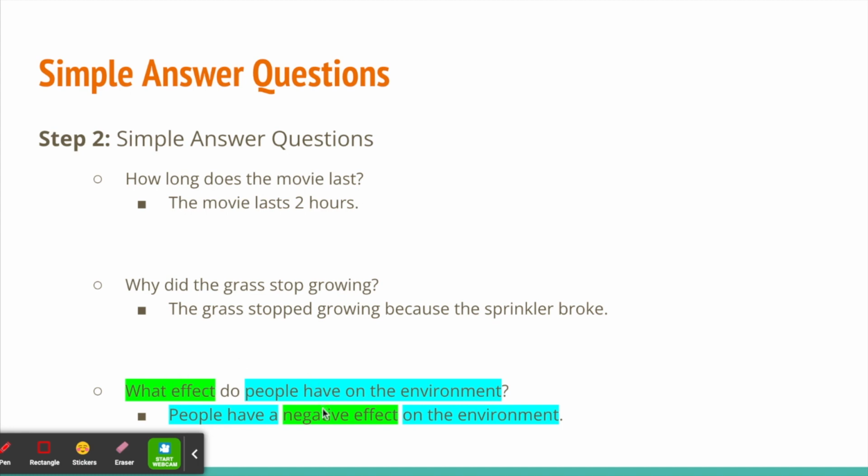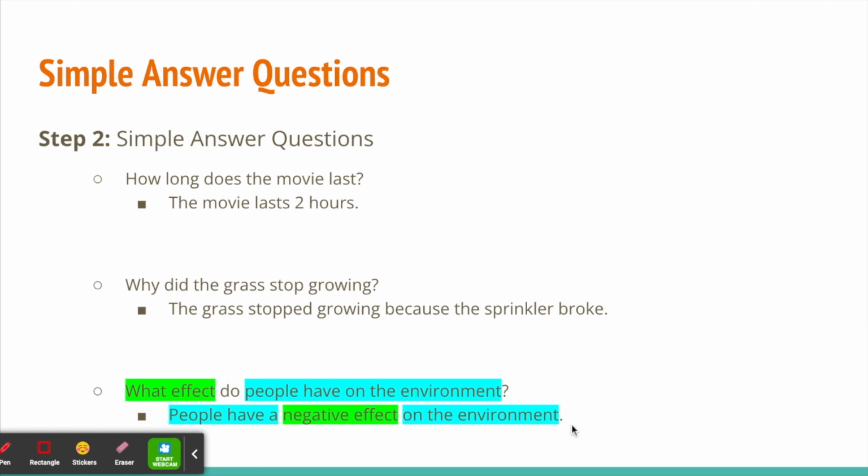So we're going to put the effect in the middle. So people have a negative or positive effect on the environment, right? Here you're going to choose a side, you're going to give me your answer. But here you're going to put the effect in the middle. So people have a negative effect on the environment. I want to note all the words that I have highlighted in both blue and green from the question appear